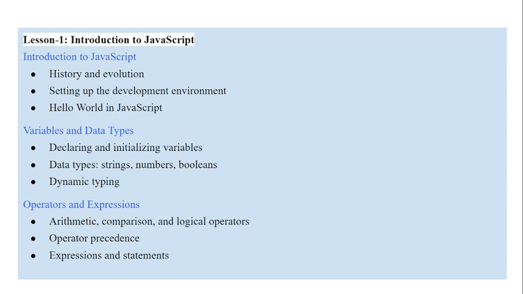After that, for data types we have strings, numbers, and booleans. In booleans, we have only true or false conditions, and in numbers, we know numbers 1, 2, 3, 4. And in strings we are giving characters, and dynamic typing. And after, we have operators and